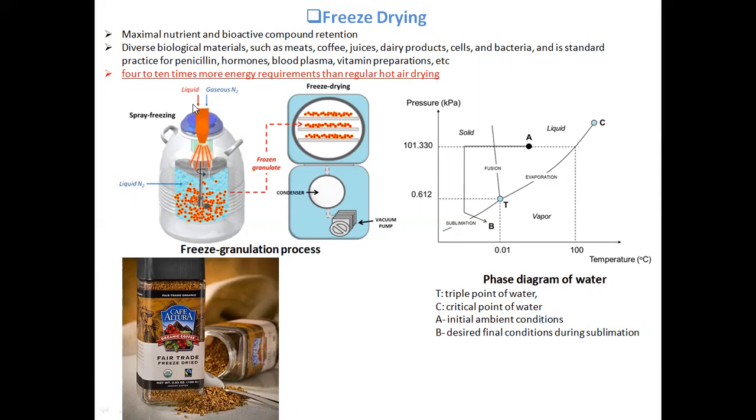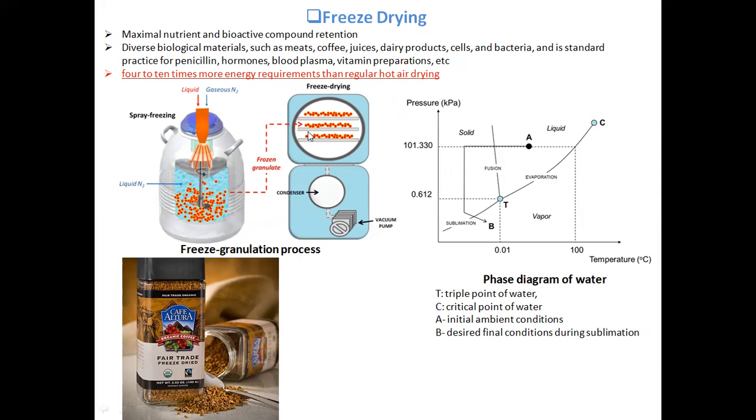The substance that you are going to dry freeze is supplied here, and gaseous nitrogen is again supplied to this container. Then liquid nitrogen is already there, and this liquid nitrogen will cool down quickly the coffee, for example coffee in our case, to minus 100 and less than that temperature. And because of that, quick freezing of the coffee is done, and these frozen granules of the coffee